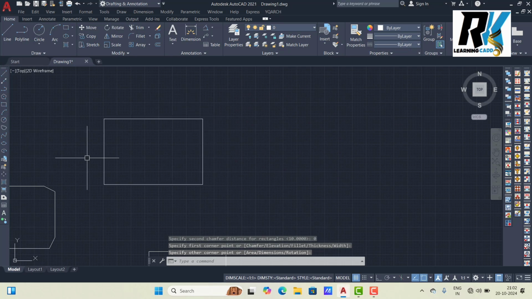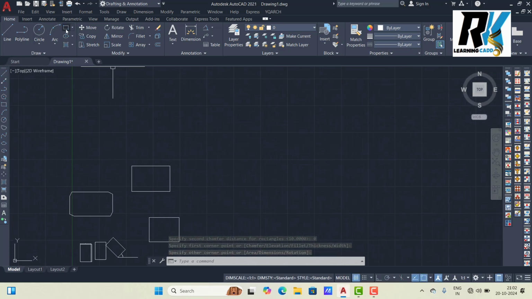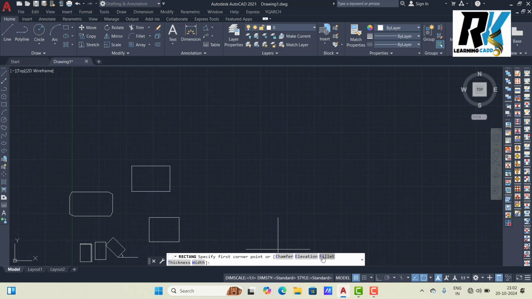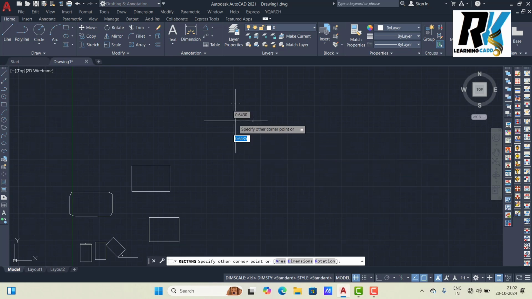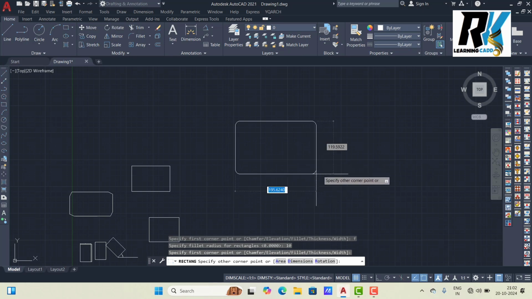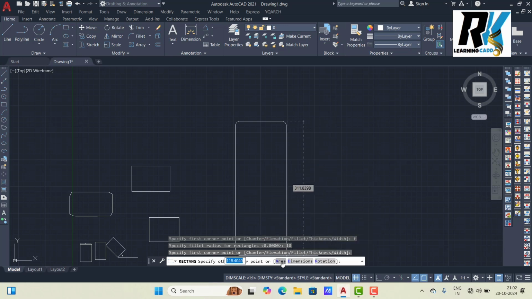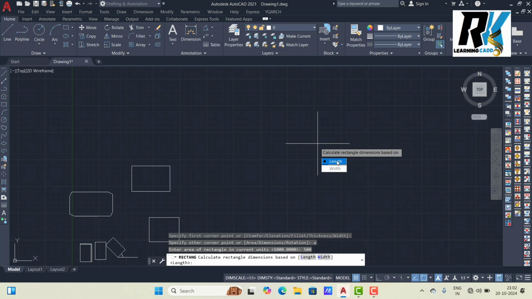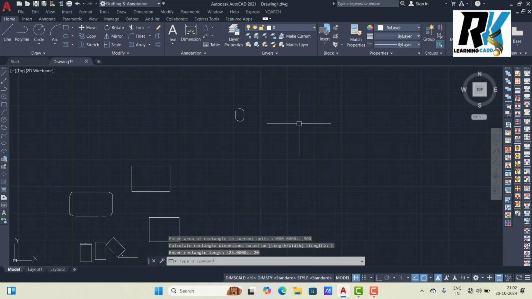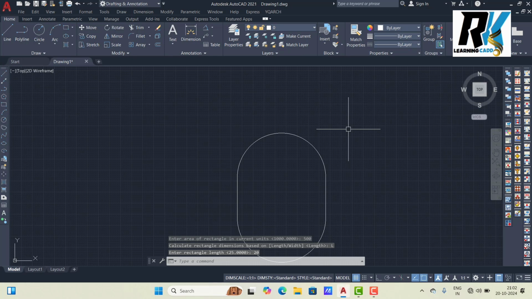Same way, if you want to make round corners on the rectangle, select the rectangle command, go to fillet, press F enter and type radius. I type 10. Now click here. Now you can follow the radius method, dimension method or area method. Whichever method you want to follow, for example A enter. So area I take 500 and length I type 20. See, 500 divided by 20 means the value 25 comes.